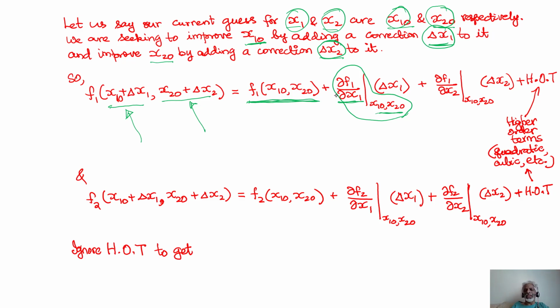So wherever in this partial derivative I see x1, after I've evaluated the partial derivative, I'll put x10. Wherever I see x2, I'll put x20. So this will evaluate to a number. All right. This multiplied by delta x1. Please note this is a small perturbation of x1 and we are trying to see what is its effect on f1. So this is the sensitivity of f1 to x1. That sensitivity I'm going to multiply with the amount of change that I'm trying to find out.